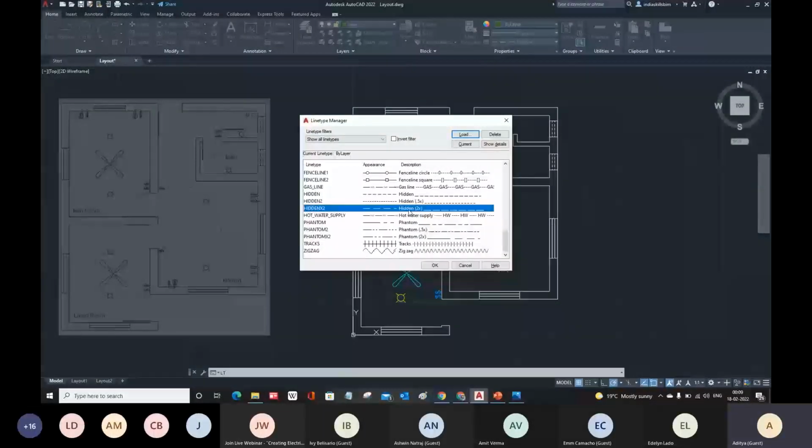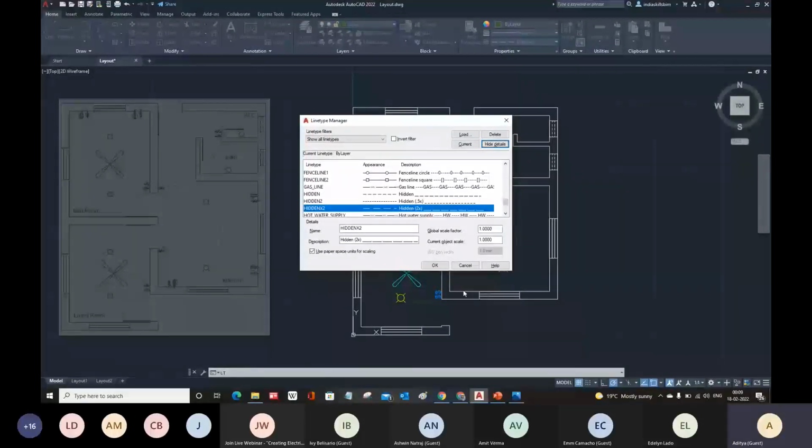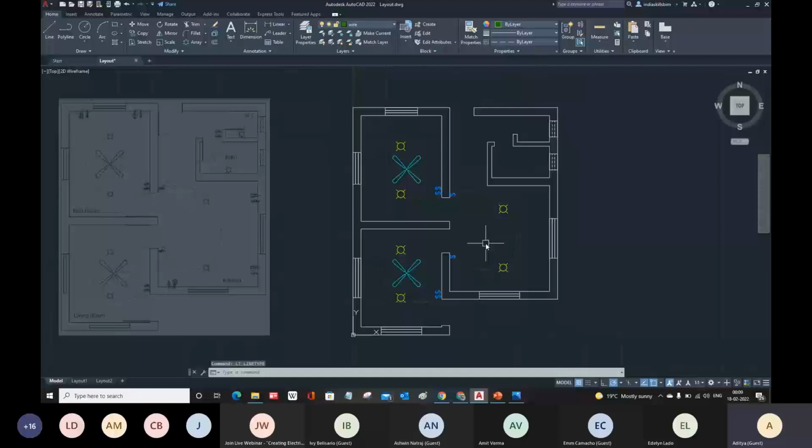You can go to the details, where we have show details, and inside there we have the global scale factor. So we have two options: current object scale, like the current object which you are using. Global means you are changing the global scale factor. If you are using this line in your project several times, it will automatically give you that line with the specified scale factor. By default it's 1. That's why we need to change the individual scale factor, because this is the current scale for these individual items. Global means the global scale for all these items, right? So that can be done.